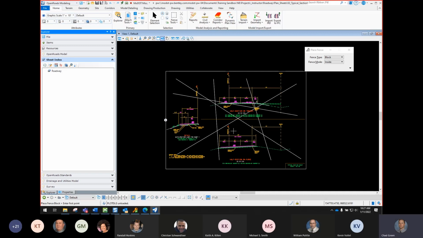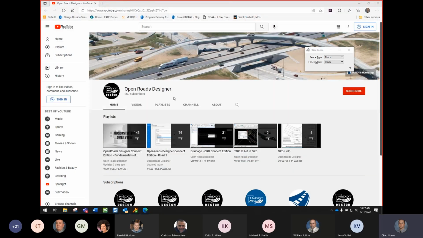Now, another way that you can do it is through the sheet index. You'll probably have to watch since you don't have a sheet index set up, but just to kind of show you, and I have videos that are out there already. So if you do utilize a sheet index in the future, and you want to do some printing through the sheet index, you can go back and look at those videos, but I'll kind of demonstrate that here right now. So let me go ahead and close out of this file. Could have just done a file open, but